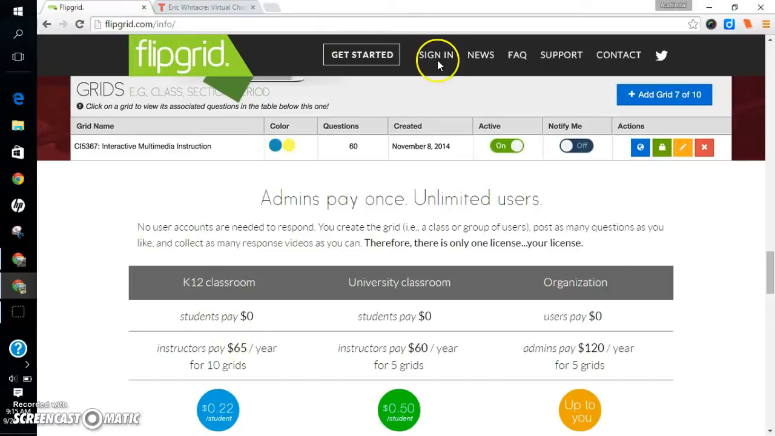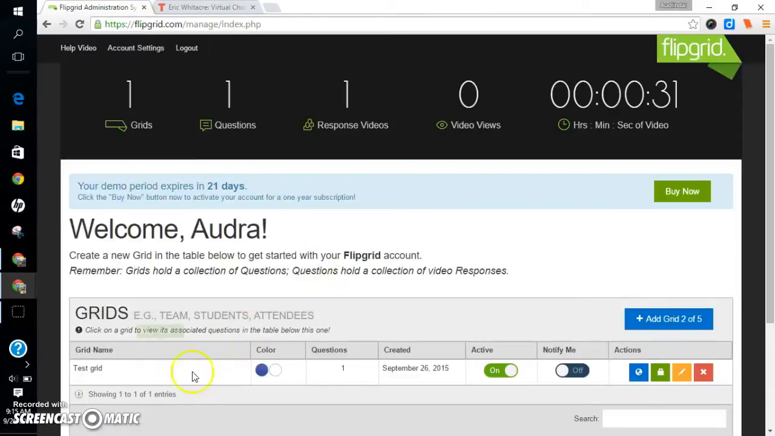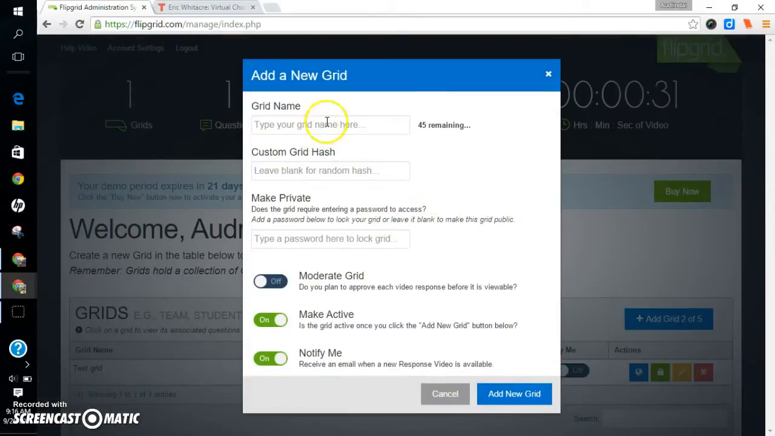So after you sign in for an account, and by the way, again, students don't need an account. They simply enter their names after they record their video. You need to create a grid. So I'm going to sign in. Next, I'm taken to the dashboard where you'll need to add a new grid. Give your grid a name